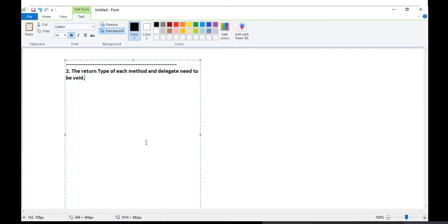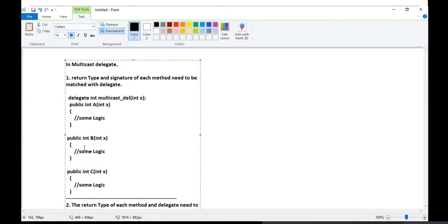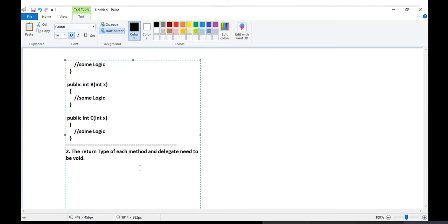Whatever demonstration I did before, this demonstration is not correct. Why so? Because here I took integer as a return type. What is the rule? The rule is that the return type needs to be void.